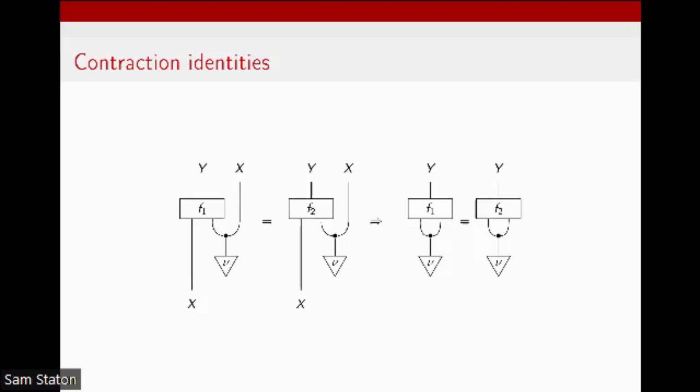And the question that we ask is, in which cases do these kind of identities hold? So if I have two different factorizations of a morphism, which we will later call non-signaling, then if I pull the equal wires together from equal morphisms, will this still be equal? And this is an instance of a contraction identity, which later I will give a formal definition of.